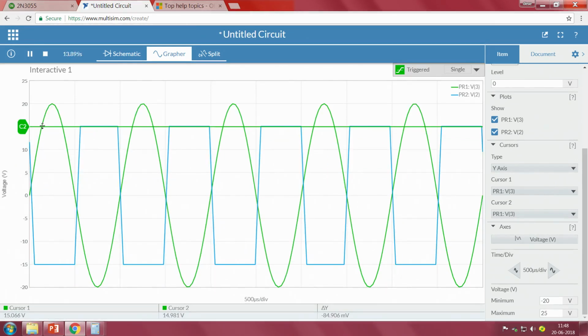So, when the input is greater than the C1 higher threshold, we can see it is going to switch off. Again, when the input is lower than the C2 threshold, somewhere around this point, it started going to the other state. So, it is clear that as long as the input is greater than the higher threshold value, or even higher than the lower threshold value, it will always be in the off state, and when the input is lower than that particular value, then it is on.